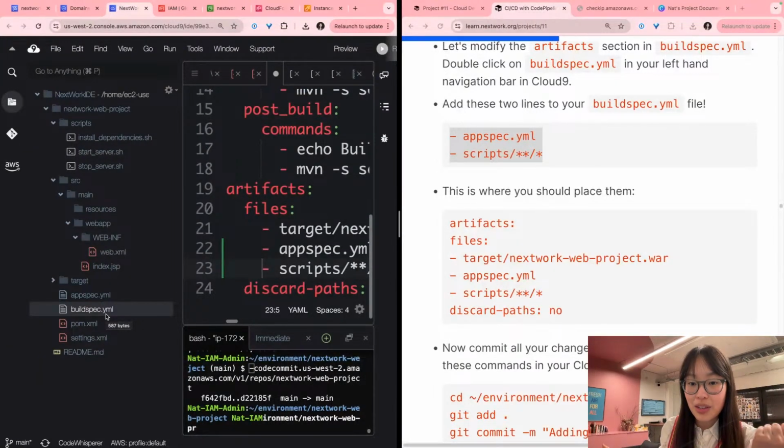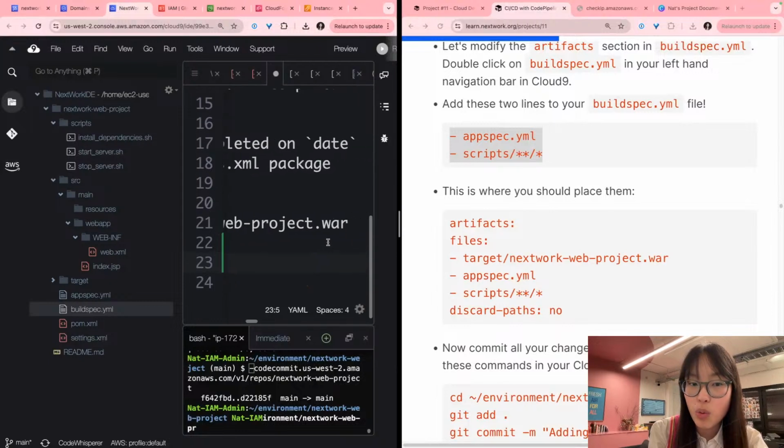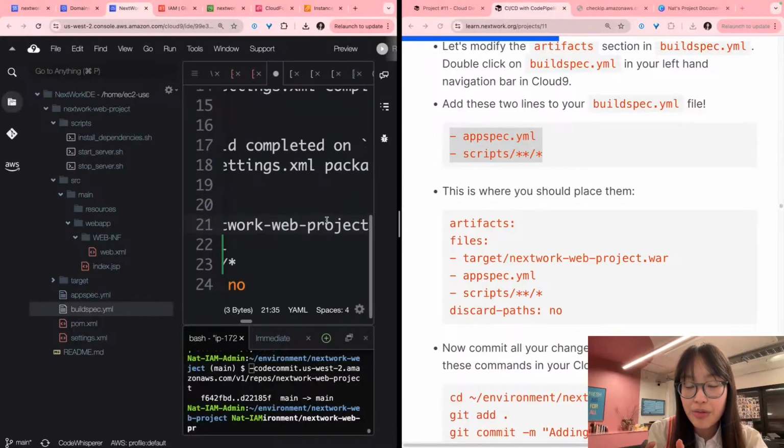Now, that was a pretty technical sentence that I said just now, so let's break it down. Do you remember what buildspec.yaml is for? Buildspec.yaml is basically the file that your CodeBuild project is going to be referring to in order to run that build process. And during the build process, it needs to realize, what are the artifacts that I'm creating? What are the outputs that I need to be producing? And one of those outputs we've mentioned is to save a WAR file, that zip file for the web app